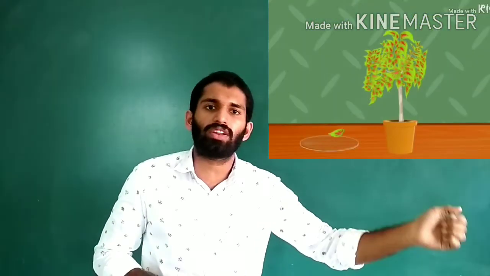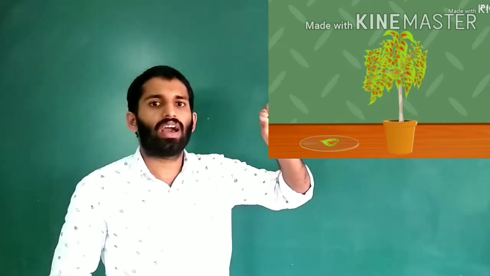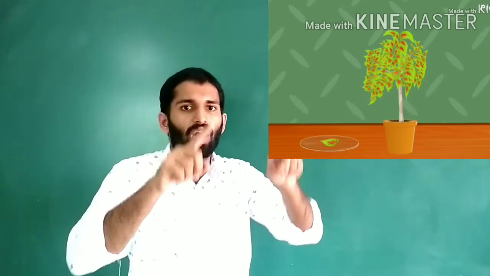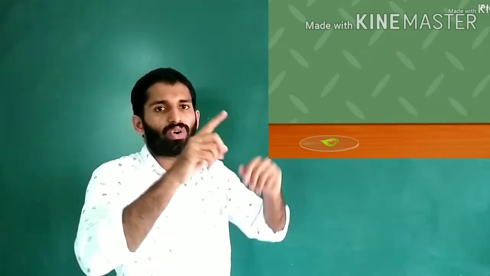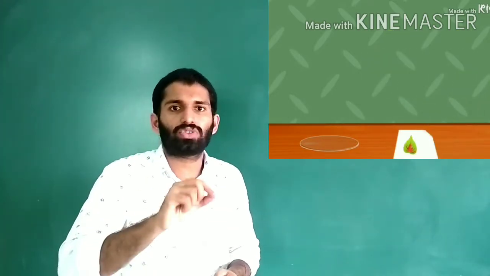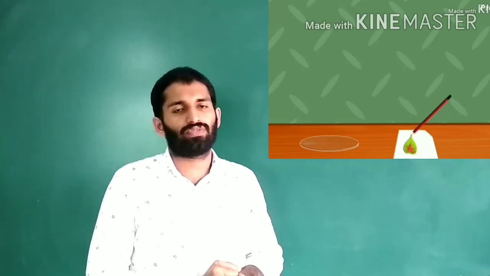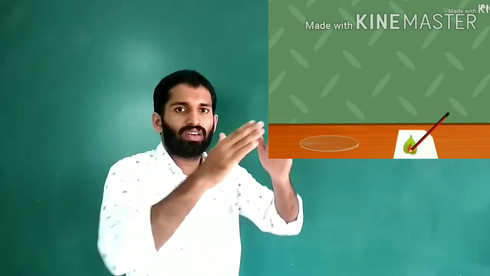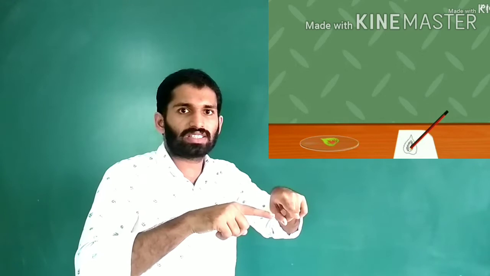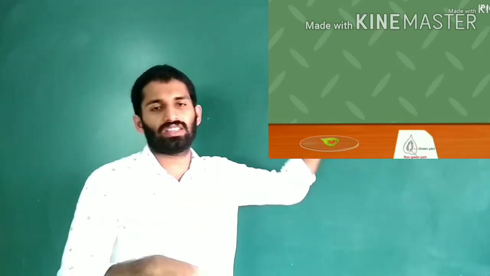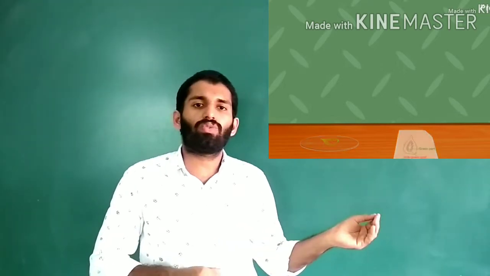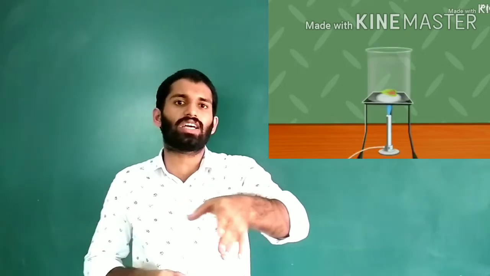From a coleus plant, you can take this leaf and you should draw an outline for this leaf. You should sketch an outline and mark which portion contains red and which portion contains green. You can sketch like this. Now what you should do, you can go for the starch test.